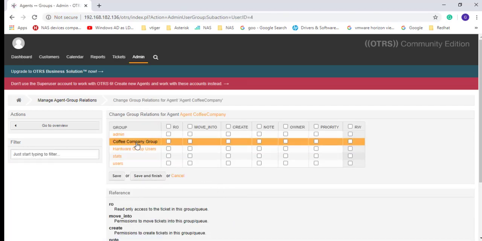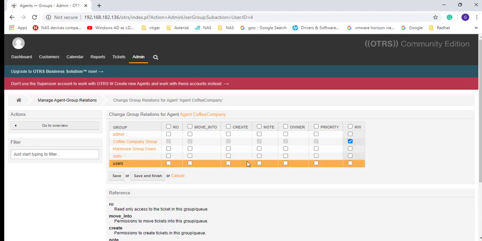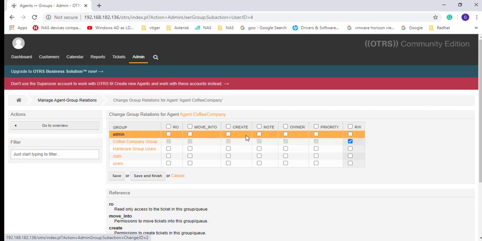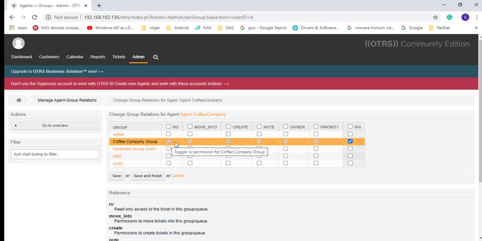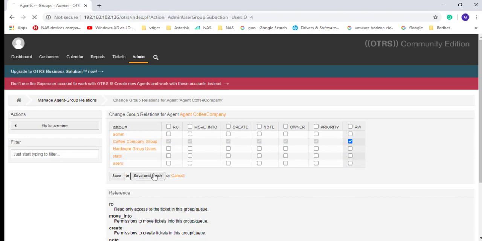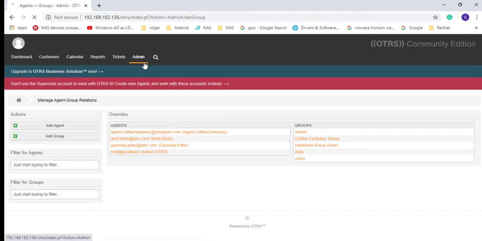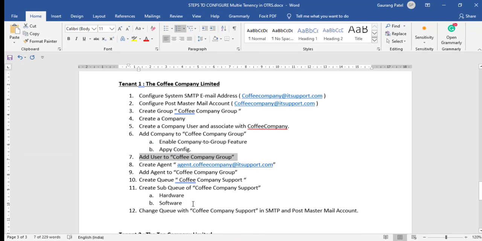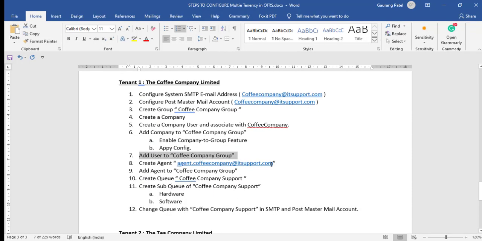Okay, so we have created a group. So let's give a permission to a specific group. I want read write permission for coffee company. I don't want to give any other groups such as users and stats or hardware, because this agent is specifically assigned to the coffee company. Okay, in step number 8, create agent, we are done with that. Add agent to a company group, yes, we are done.